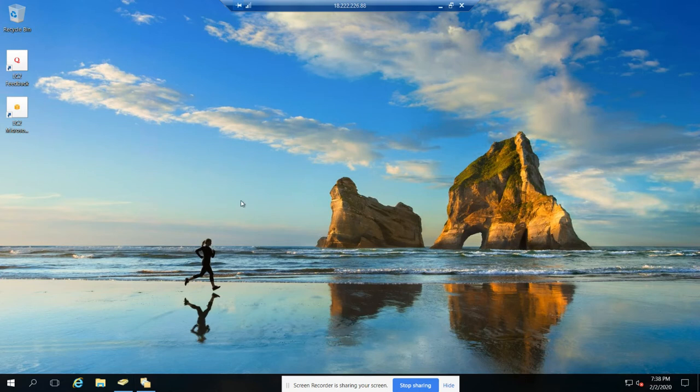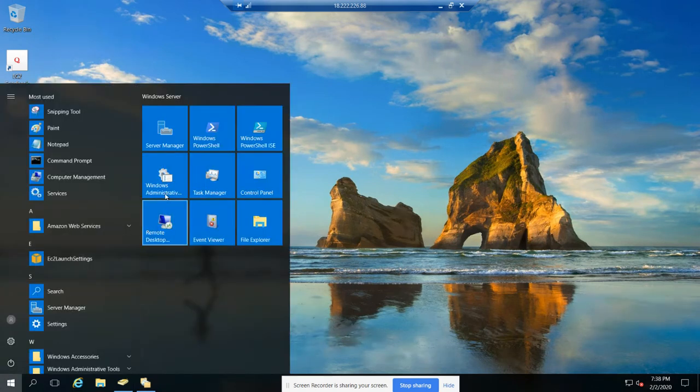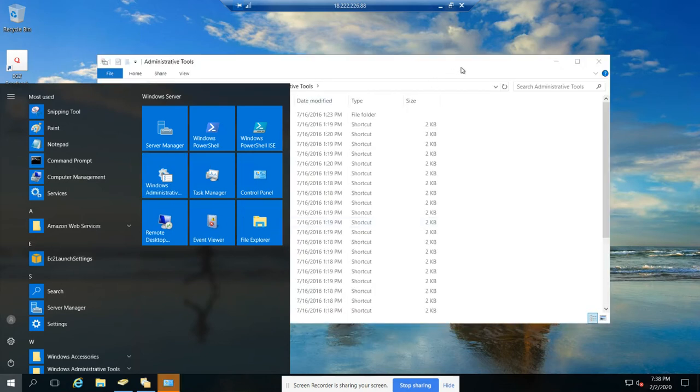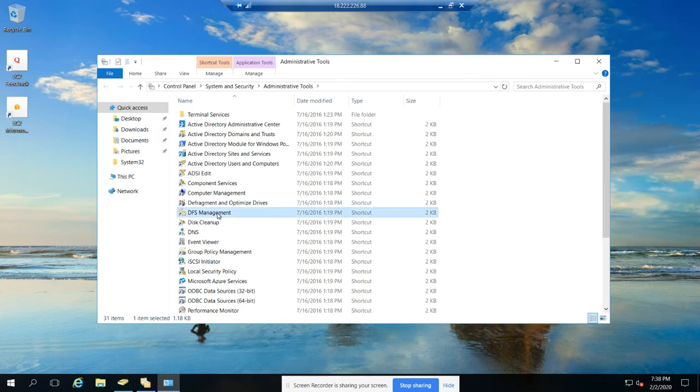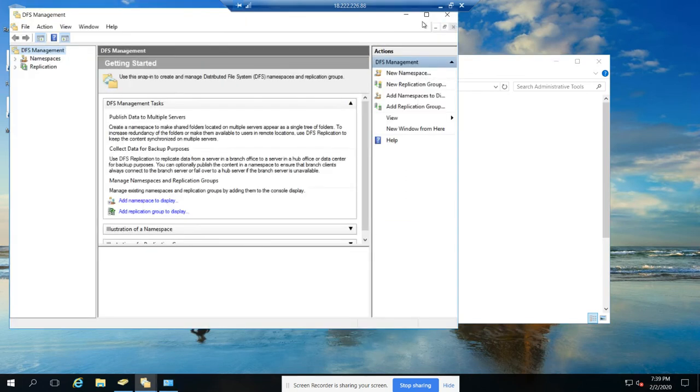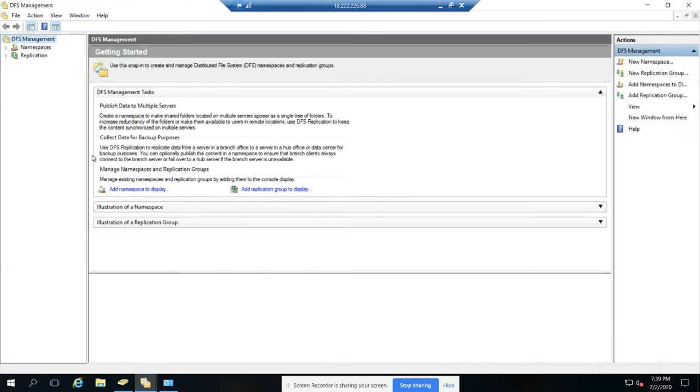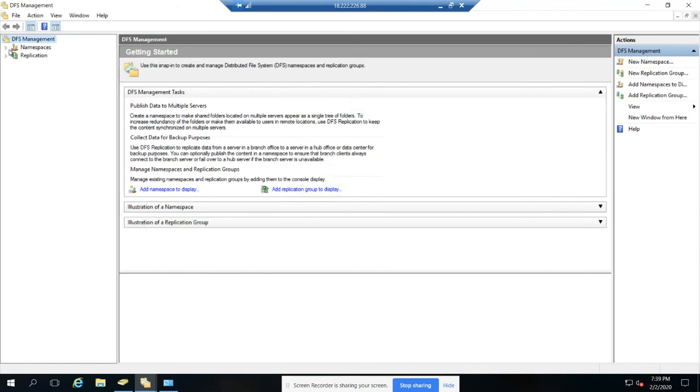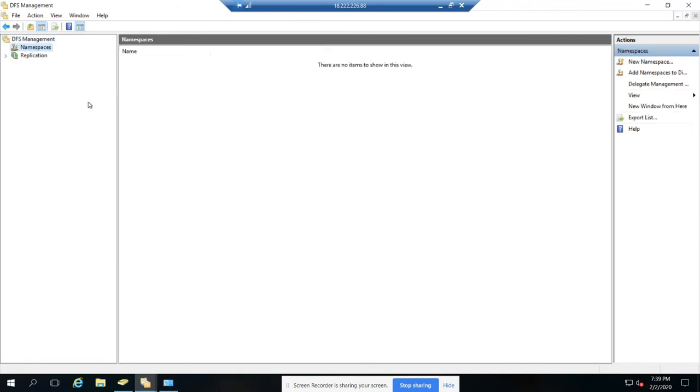Then, once you install the DFS, you have to open the DFS management. From where will you open it? Go to Windows administrative tools, and you can open DFS management from here. Okay, so click here. Once you install and open it, it looks like this. You have to click on the namespace first. As I said, you have to create a namespace,